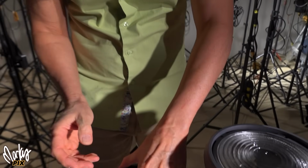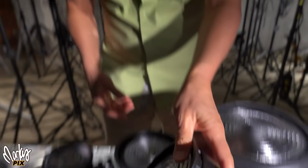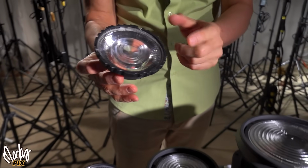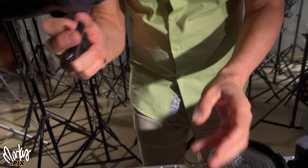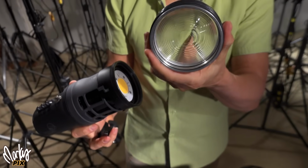This is $79. Here's one by Inkee. This is for the Inkees. This is only $50. Here's some by Stella. These go on the Stellas, like these ones here. These are Stellas. I don't use these anymore because they're too heavy, but they come with Fresnels, and these Fresnels